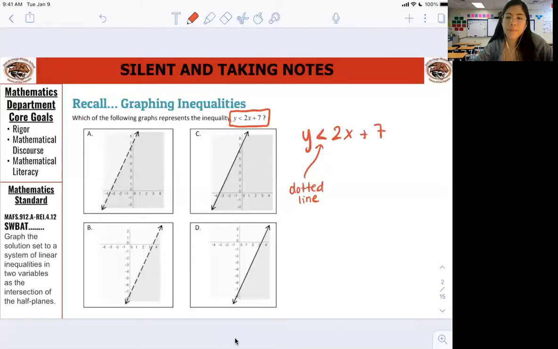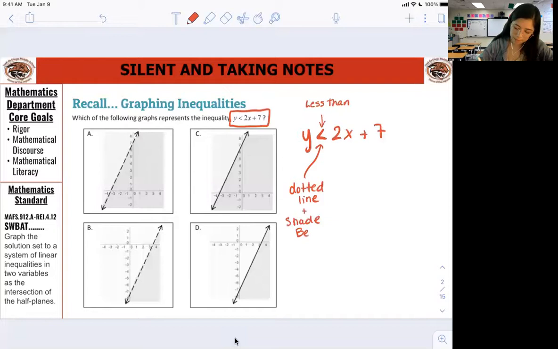It also tells you what side is shaded and what side isn't. Good, good. So first of all, what type of symbol is this? Is that a greater than or is that less than? Less than. Right? Yeah, this is less than. So where am I going to be shading? Above or below? Below. Exactly. So it's a dotted line, and we're going to shade